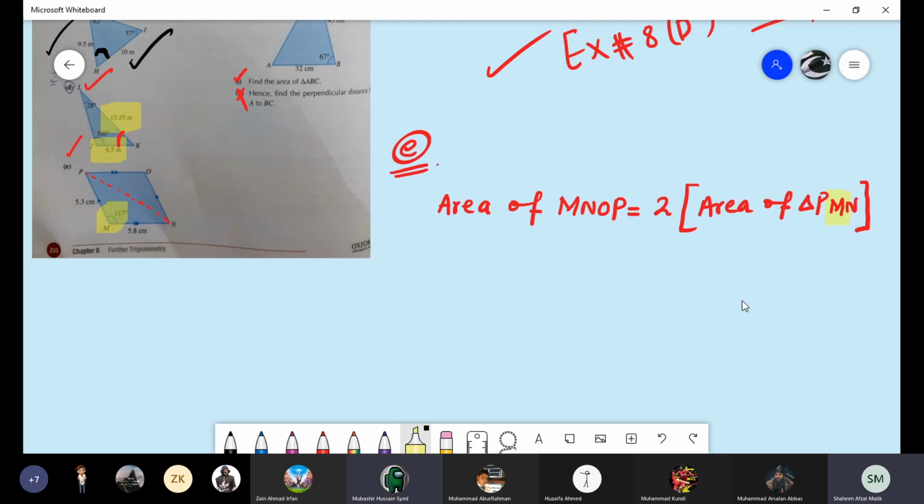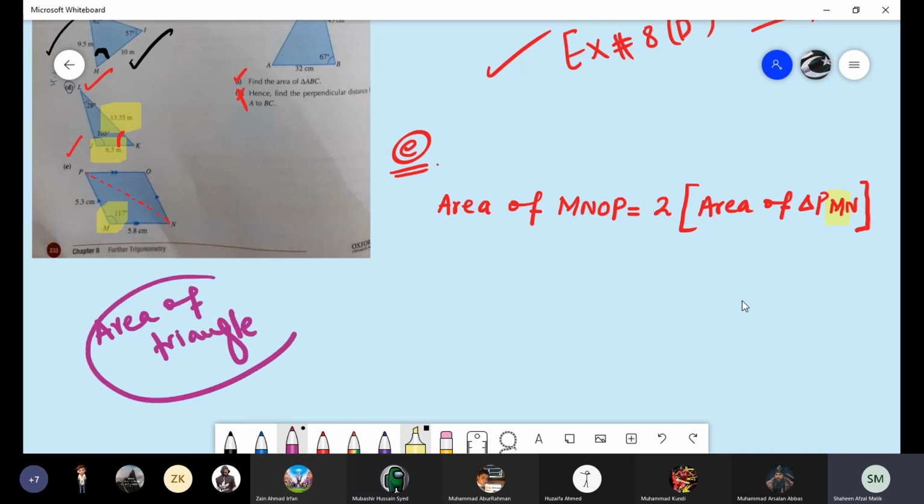Ma'am, the reason we're dividing by 2 is because it's a triangle. If you put two triangles together, it becomes a four-sided parallelogram. If we don't divide by 2, what's the point of multiplying by 2? For this exercise we have to use the formula for the area of a triangle. As it is not a triangle, it's a quadrilateral, a parallelogram.